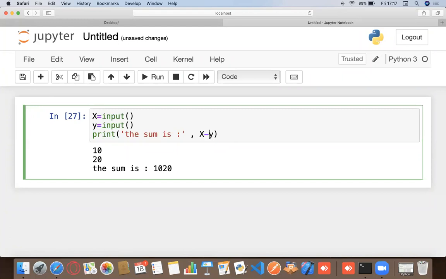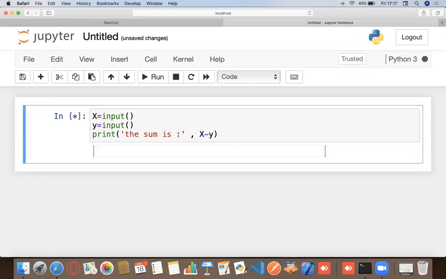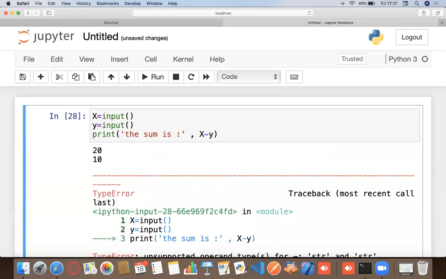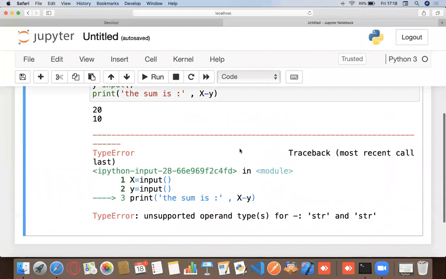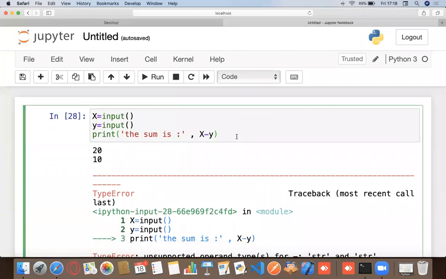And if I write something like this, my code won't even work. You see, it already throws me an error, and the reason it already specifies: unsupported operand for string, because my default input type is string. That's why it's not working.